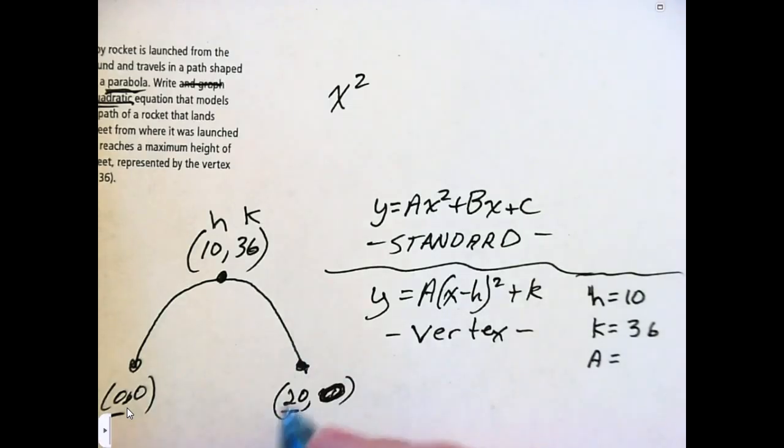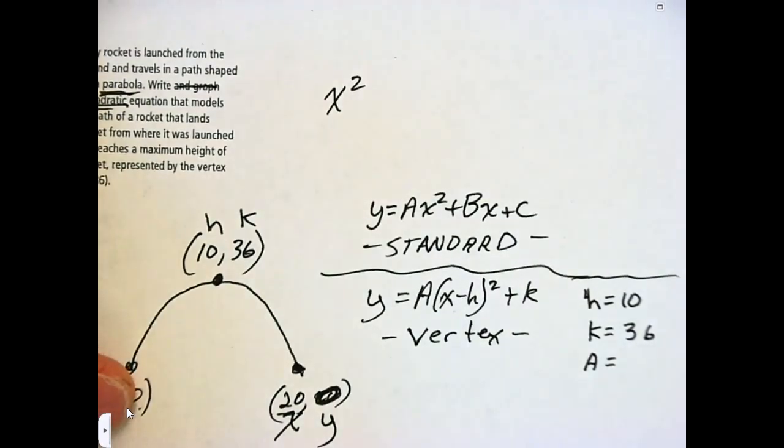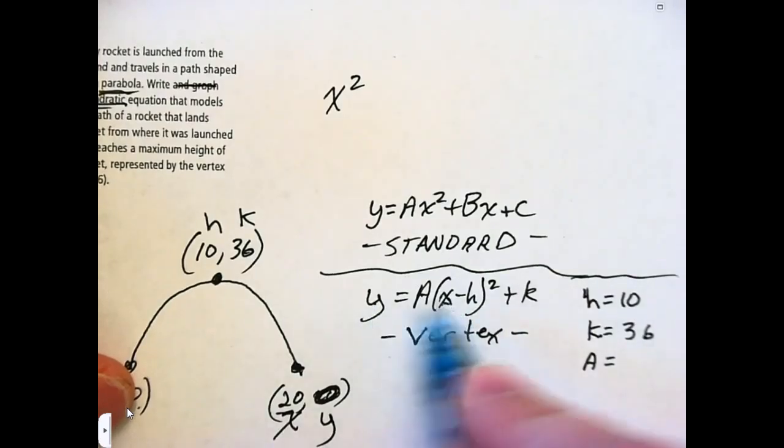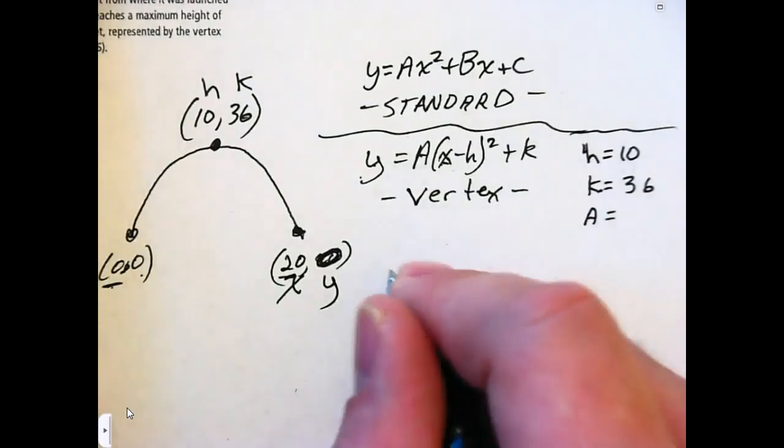However, you do know these 2 points. Okay, you know (0, 0) and (20, 0). They actually give you (20, 0), so I'm going to use this. This is an x value, and that's a y value. If I know h and k, and I know an x and y, I could plug those things in to find a. So what I'm going to do is I'm going to take my equation,